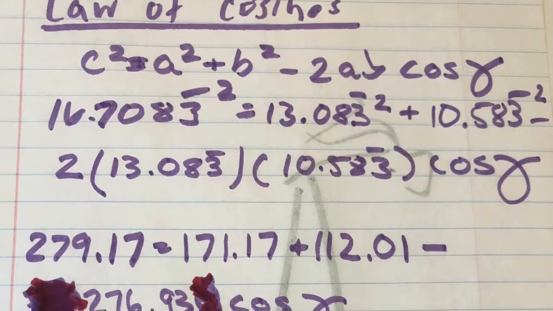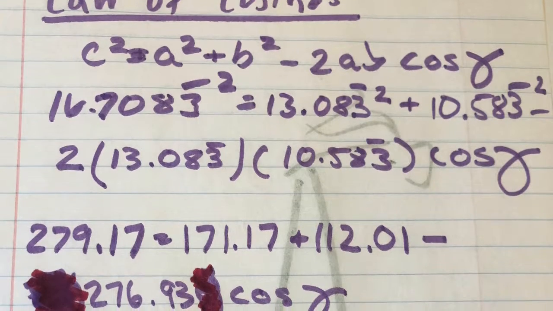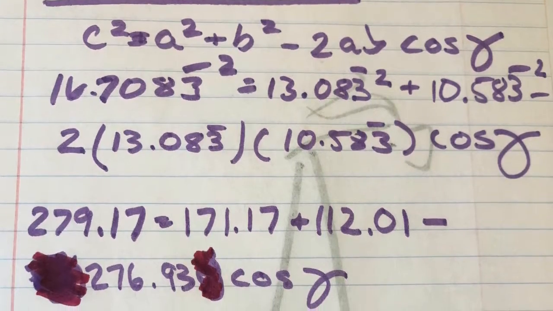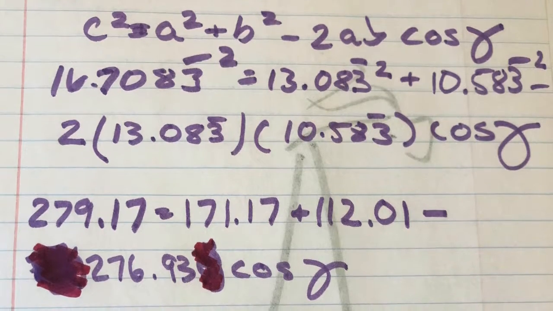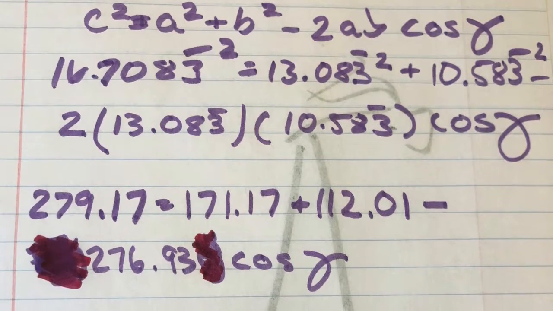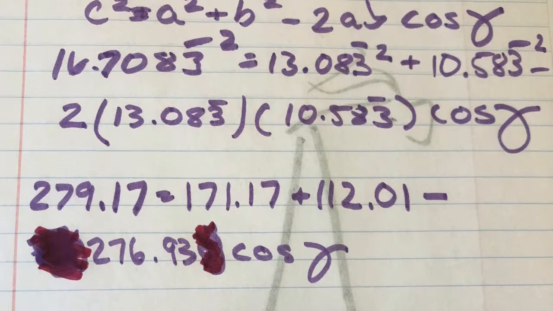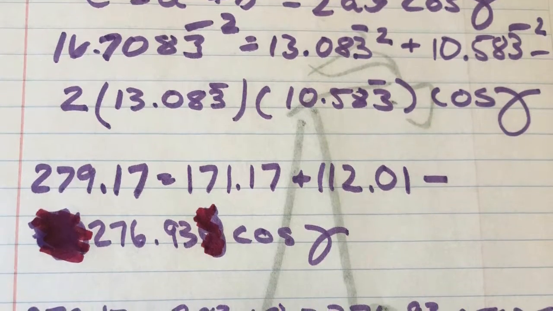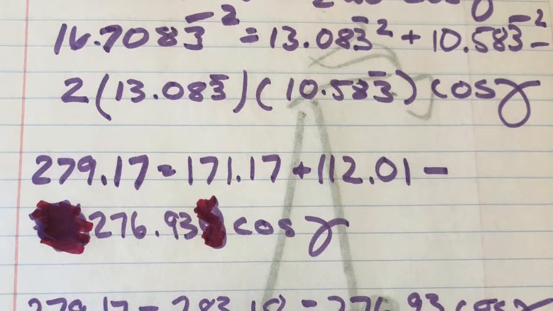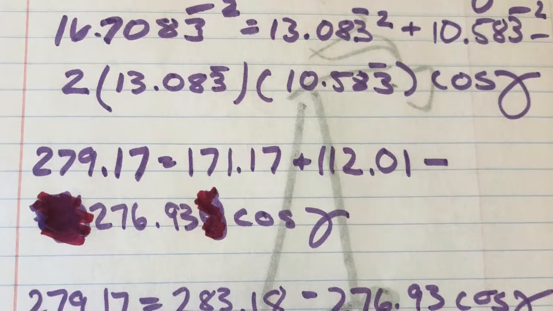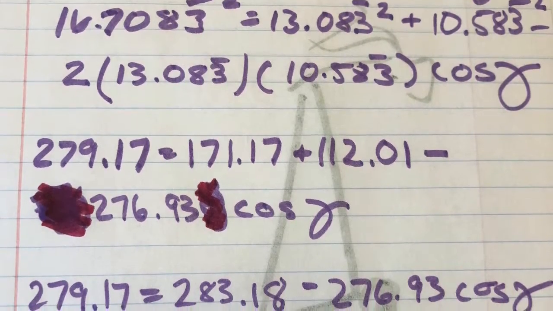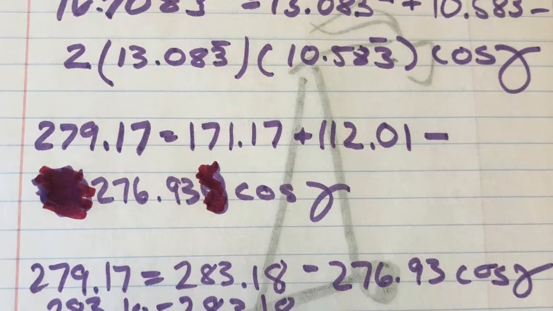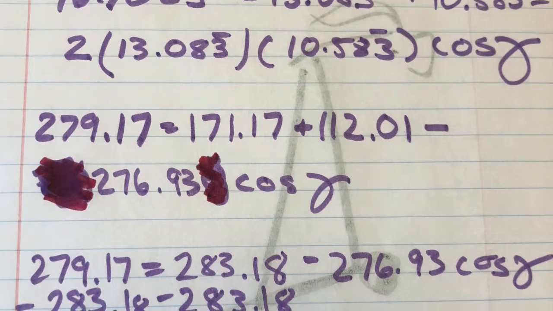To find all the angles of the triangle, because we have all the sides of the triangle, we needed to use the law of cosines, which the formula is c squared equals a squared plus b squared minus 2ab times the cosine of gamma. After we converted the numbers we got from feet and inches to feet with decimals and plugged them into the equation, we got